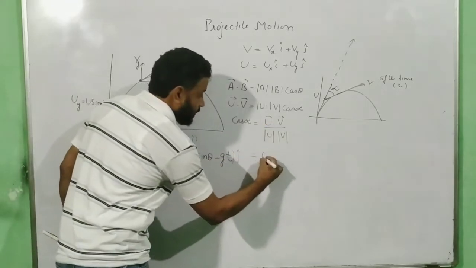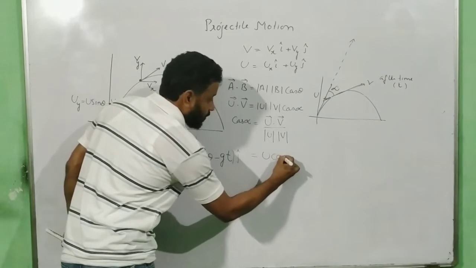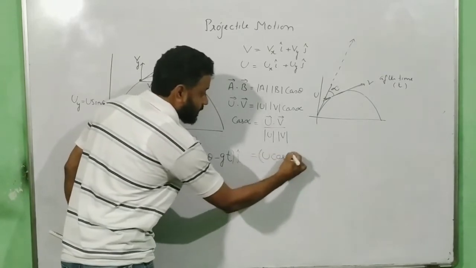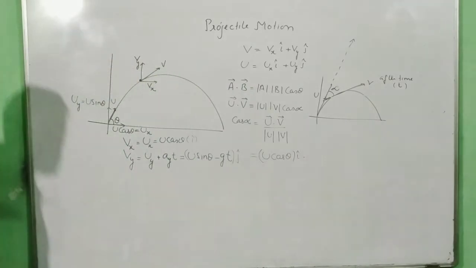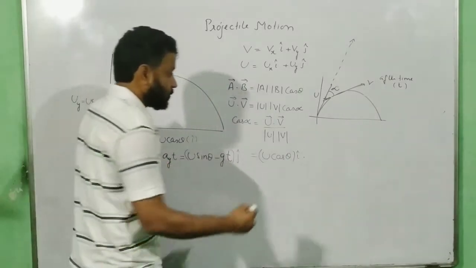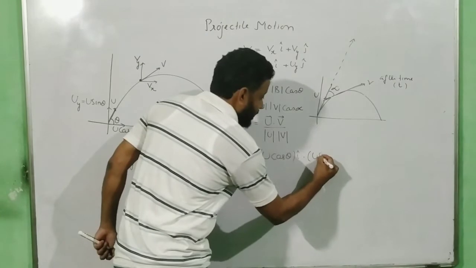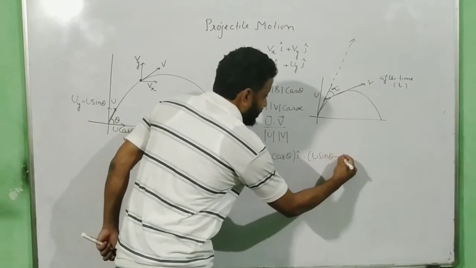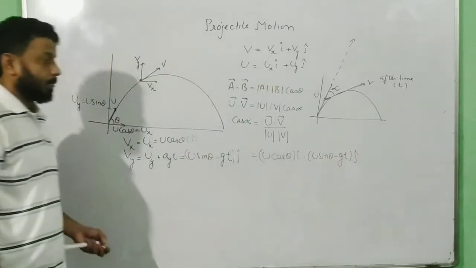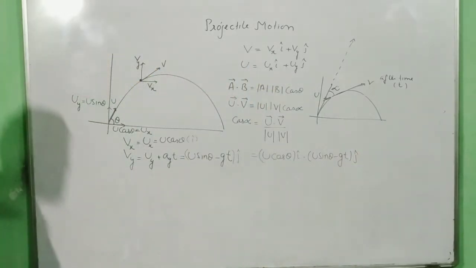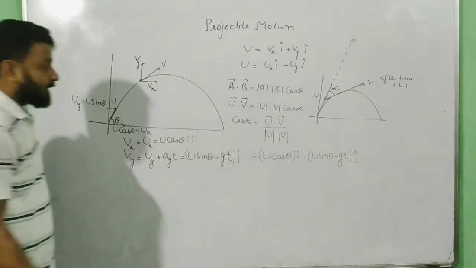What is u? u is u cos theta i cap dot, then u sin theta minus gt j cap, divided by